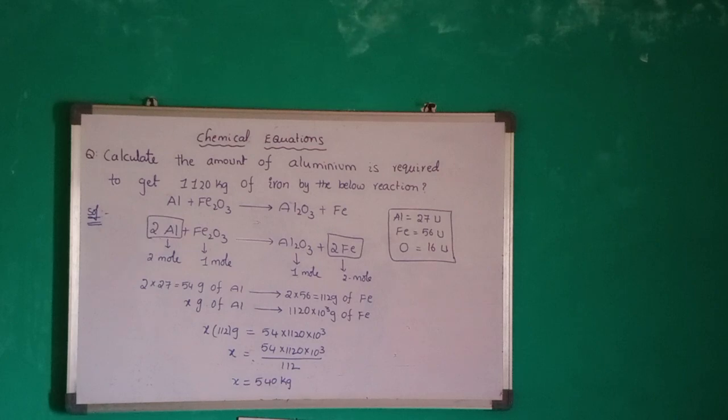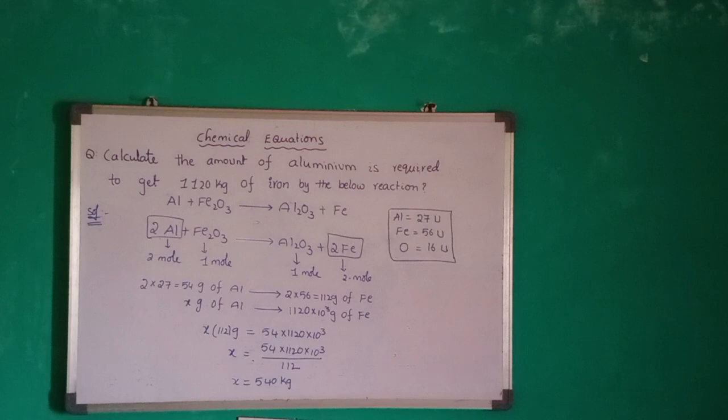We can understand this by seeing the balanced equation. According to the problem, they are asking to calculate the amount of aluminum required. In the equation, I kept aluminum and iron in a box. That means